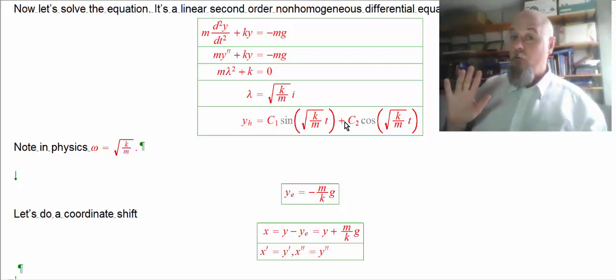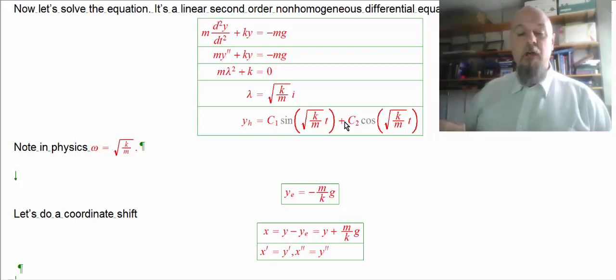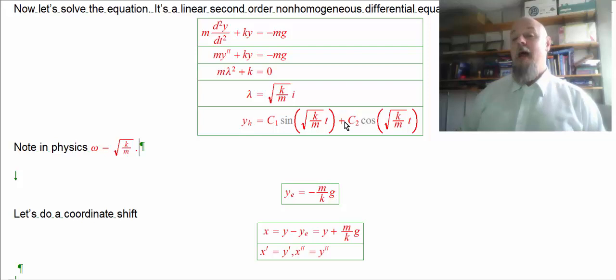Of course, we wouldn't solve for those two constants yet. We'd have to get the general solution. We'd have to add the particular solution to this homogeneous solution. So there's still a bit more work to do. Instead of doing that, though,